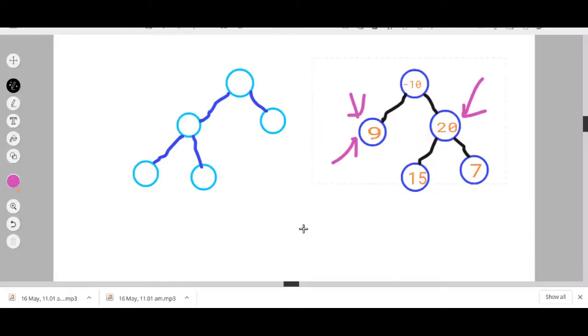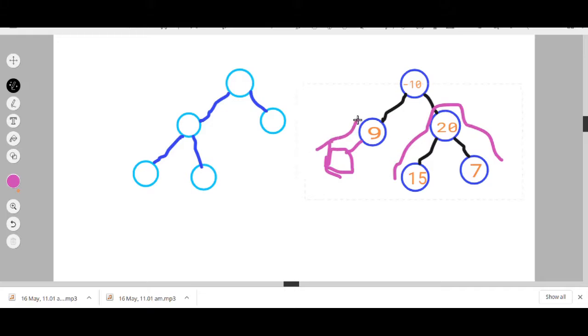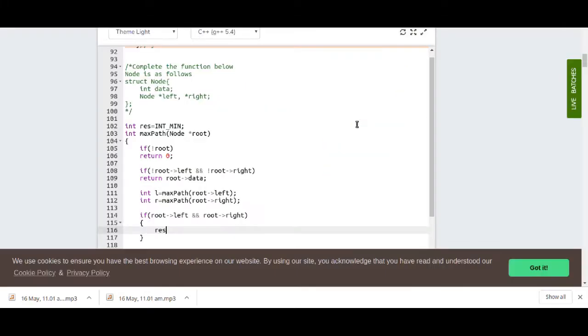Let's say this is the left of this root and this is the right of this root. If these two nodes exist, then there is a possibility that we can have a leaf to leaf sum like this. But let's say I have a node like this, where this is the left child of this node. Here both children are not there, only the left child is there, so we cannot update result. Why? Because we don't have a leaf to leaf sum. We can have a sum from here to here, but it's not leaf to leaf. I think we understood this.